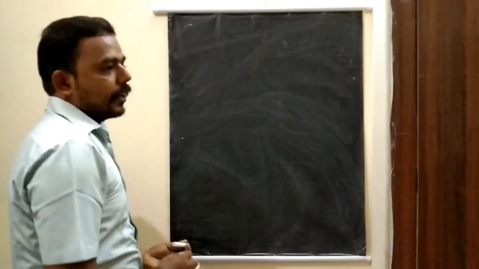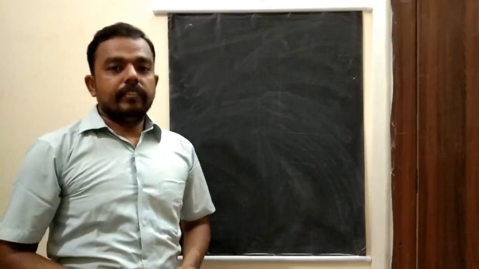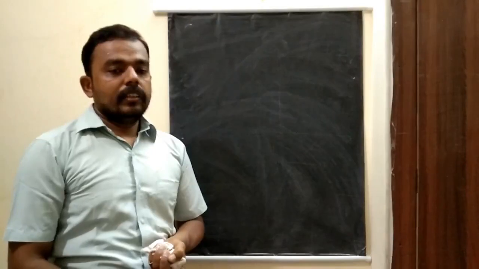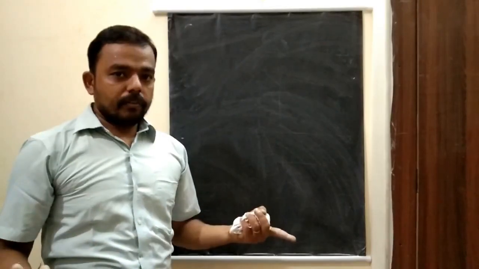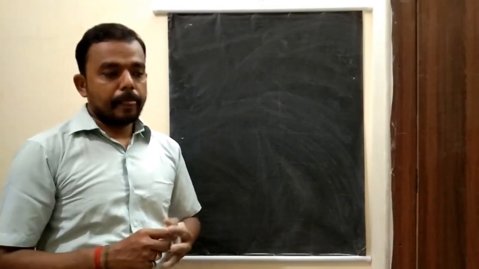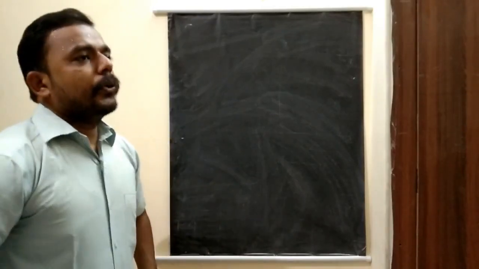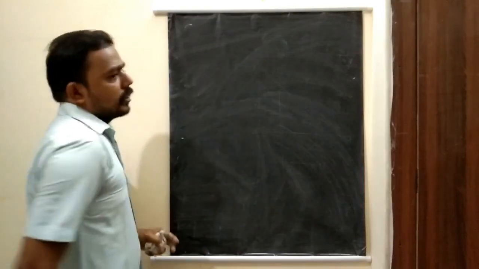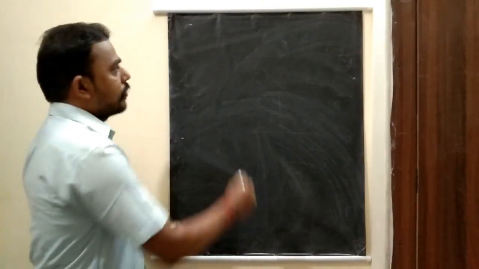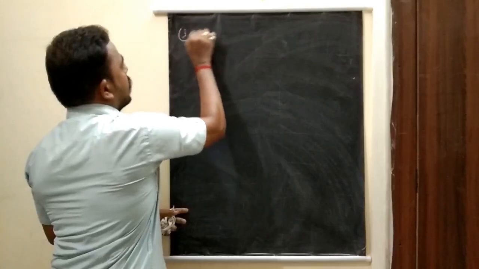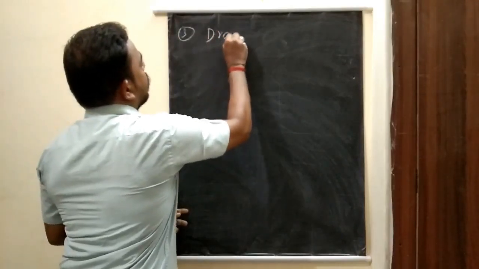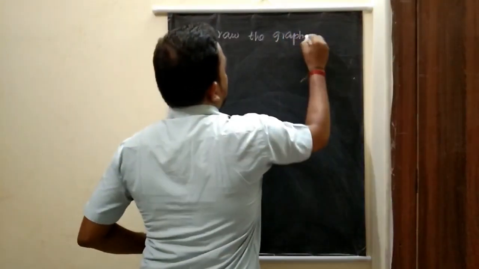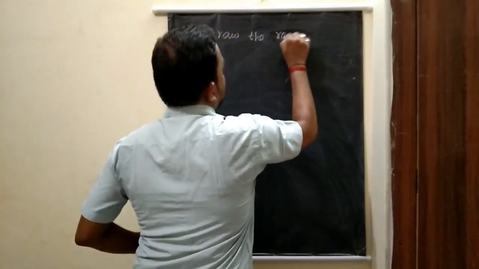So one is, given the idea, in a single graph we may draw two lines. They may meet or they may never meet. Okay, this is the idea. And the next one, I am going to give the problem. The problem is: draw the graph, or draw the region in a graph